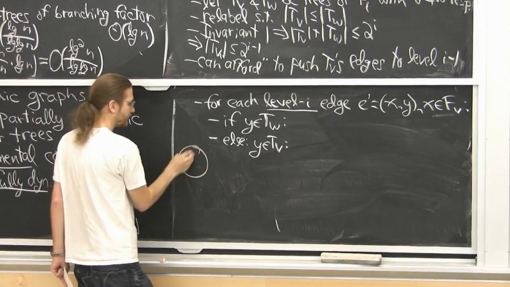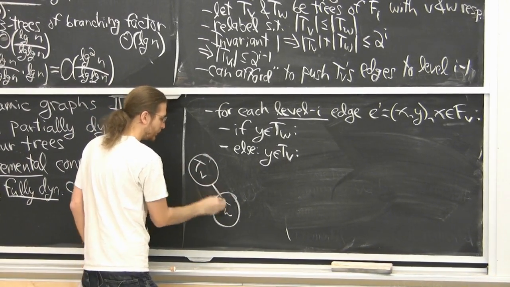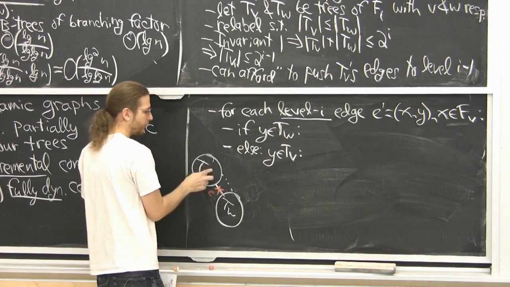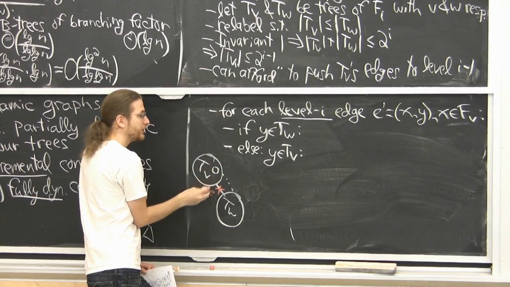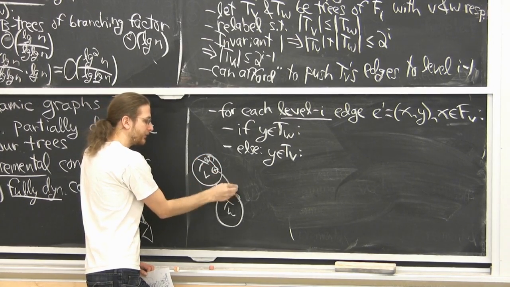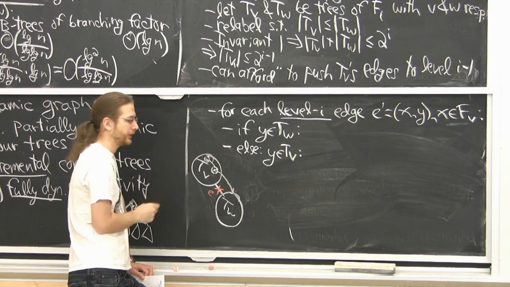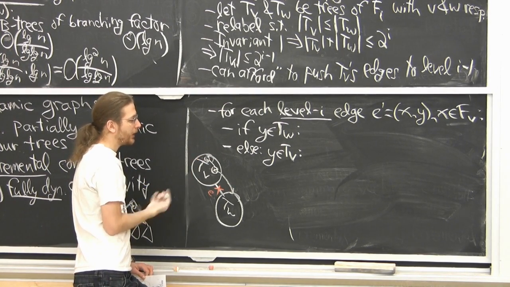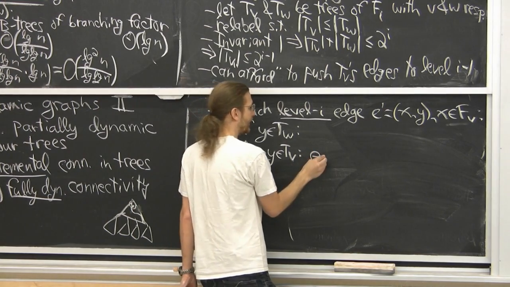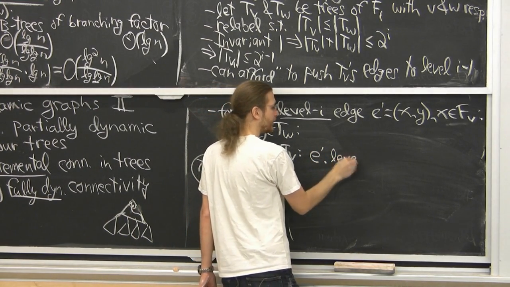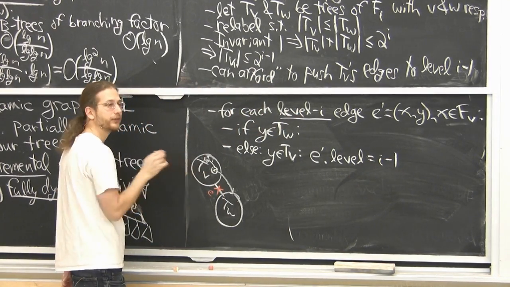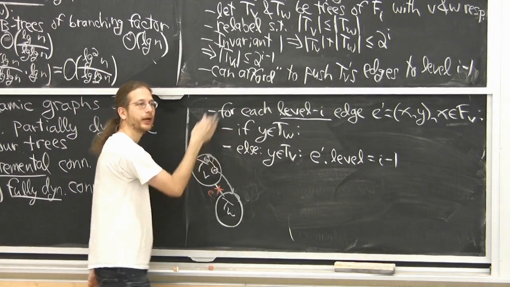Right, because we have TV here, we have TW. We just deleted this edge E. Sadly, we want to find a replacement edge. So if we look at all the edges coming out of a vertex in TV, this is, I guess, X. It could be an edge that stays within TV, or it could be an edge that goes to TW. There are no other options because of our invariants. If it's in TV, it's kind of annoying. It doesn't help us. But then we can just set the level of that edge, E prime, to be I minus 1, because we know we could afford to push all these edges down by one level. So that pays for this round of the loop.